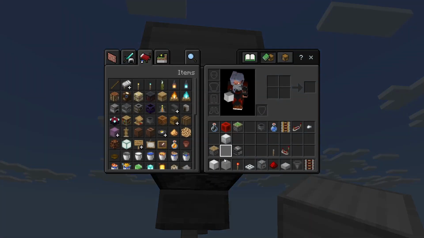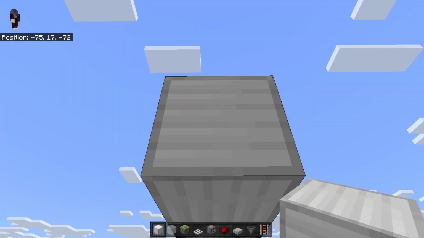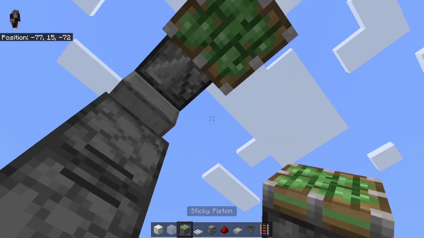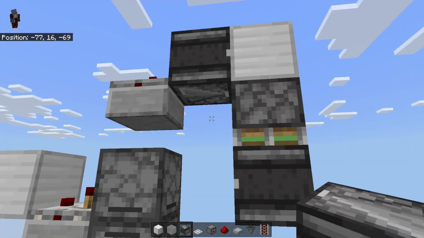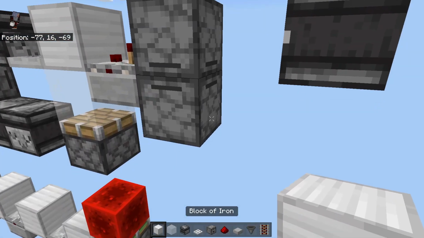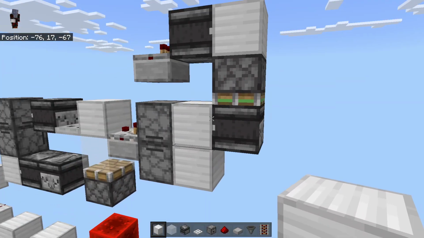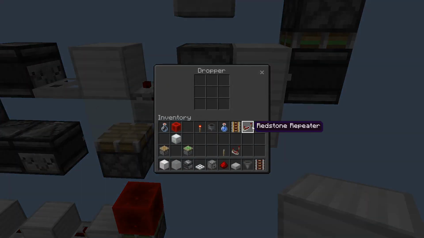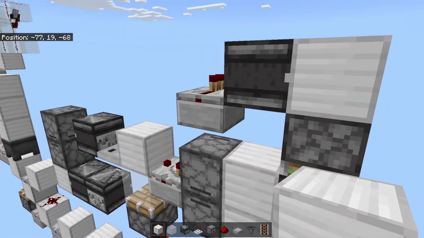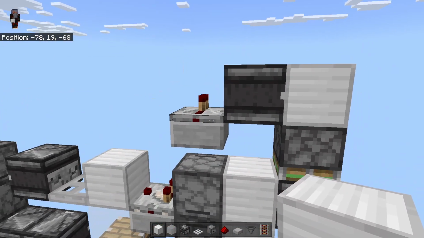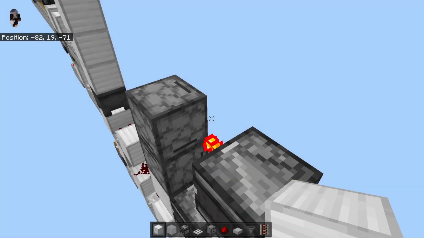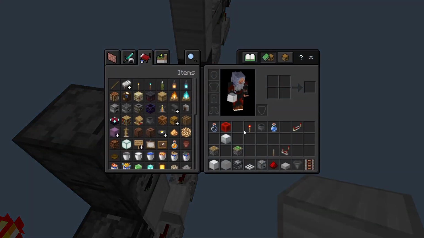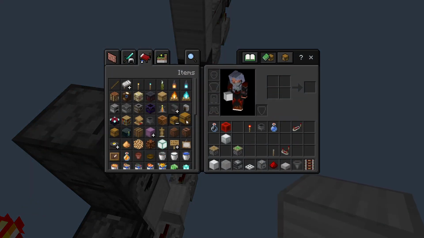And below it, we are going to throw a sticky piston on that block. Grab your observer again and place it on there, and then fill in the gap. And in this bottom one, we're going to throw our random item. So if I just throw a random item in there, and let me grab a chest,